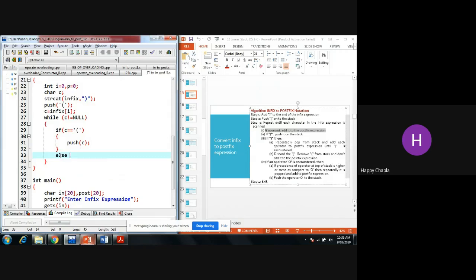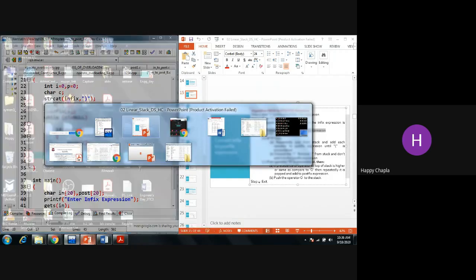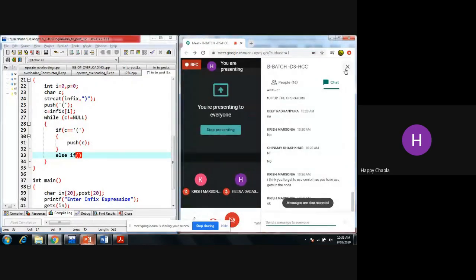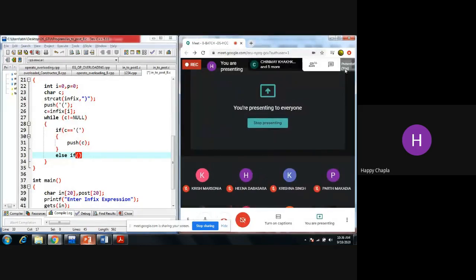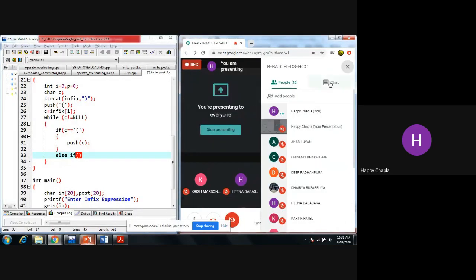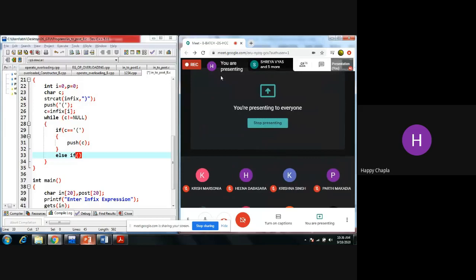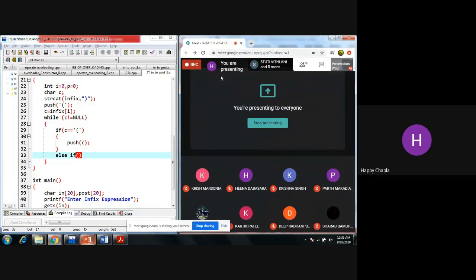For an operand, how can I check that the given character is an operand? Is there any formula, or is there any inbuilt function we have to check whether the entered character is an alphabet or not?